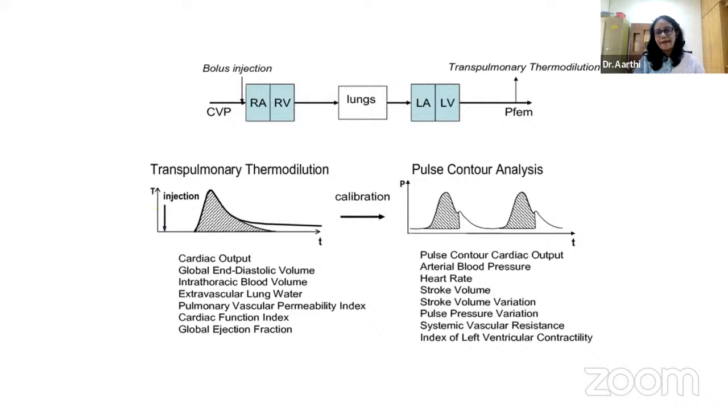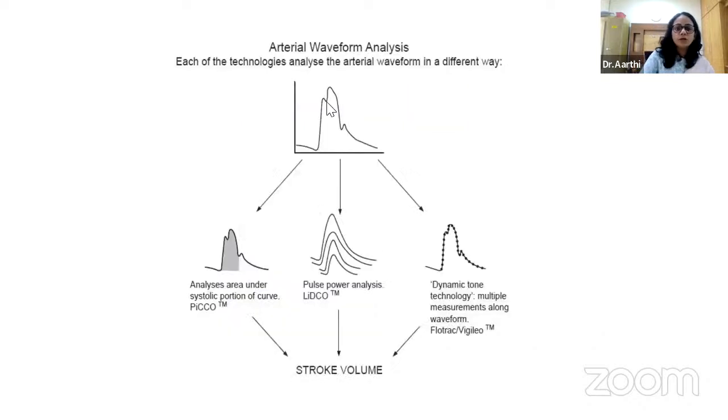and this pulse contour analysis helps us to assess what we earlier talked about, the stroke volume variation and the pulse pressure variation, and also they measure the systemic vascular resistance. So these are the different techniques which are used in different monitors to assess the arterial waveforms. In the PiCCO technique, as I was mentioning, they analyze the area under the curve, and in case of LiDCO (lithium dilution),